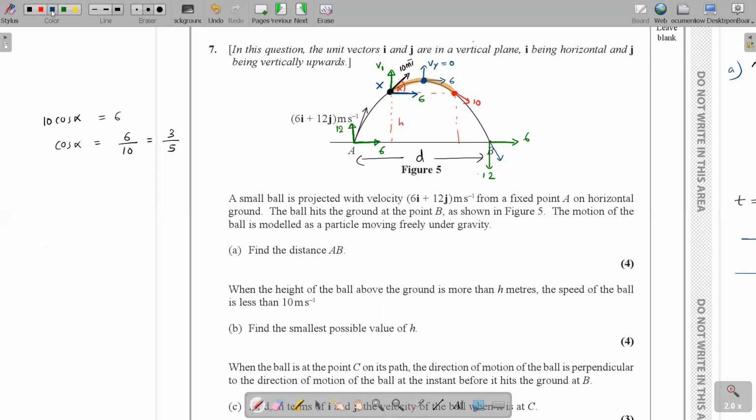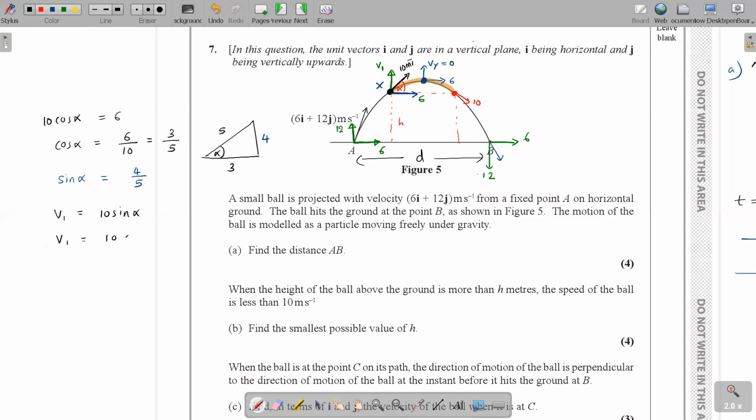All you have to do is get the cos alpha value by resolving your speed. 10 cos alpha is 6, so cos alpha is 6 over 10, which is 3 over 5. So when I draw a triangle here with alpha, cos is adjacent over hypotenuse. This gives me the other side as 4, right? So I can get the value of sine alpha from here. Sine alpha is opposite over hypotenuse, 4 over 5. So now I can get my vertical component. So vertical component V1 is equal to what? You resolve this 10 away from the angle. This is 10 sine alpha. So 10 sine alpha is V1.